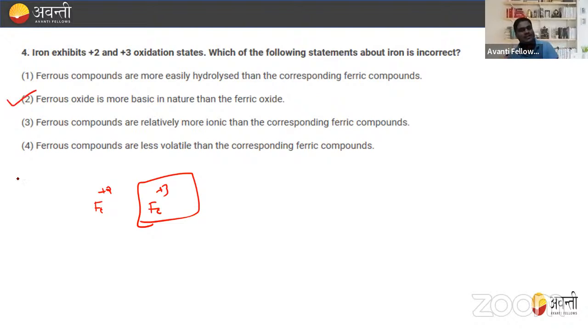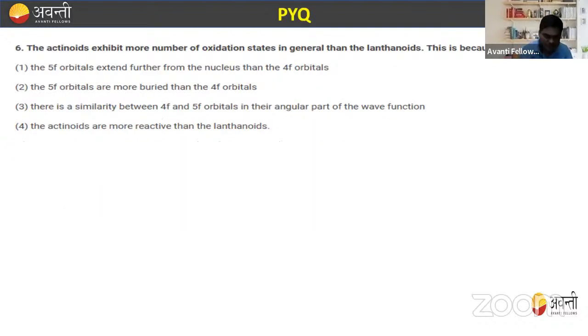Ferrous compounds are relatively more ionic. Yes, because we know that as the oxidation state increases, the covalent character increases, so ferrous will be more ionic as well. Ferrous compounds are less volatile than the corresponding ferric. This one is also true. So which one is not true, beta? That is the first: the ferrous compounds are more easily hydrolyzed than the corresponding ferric compounds. Now the next is